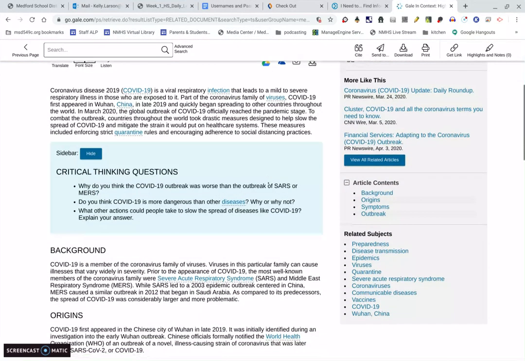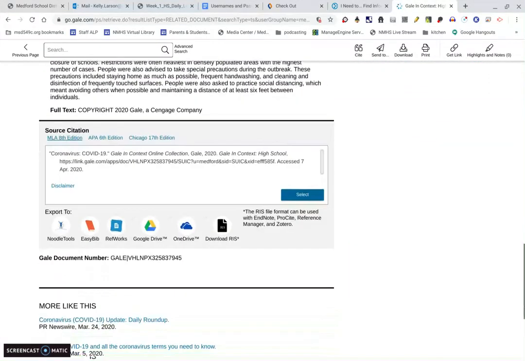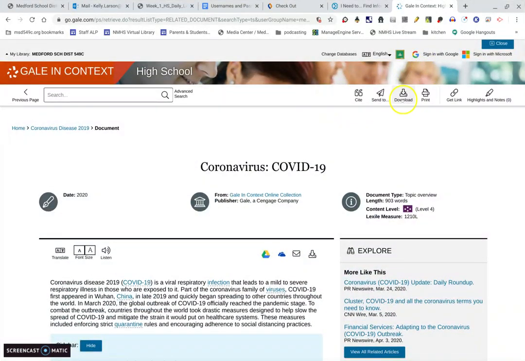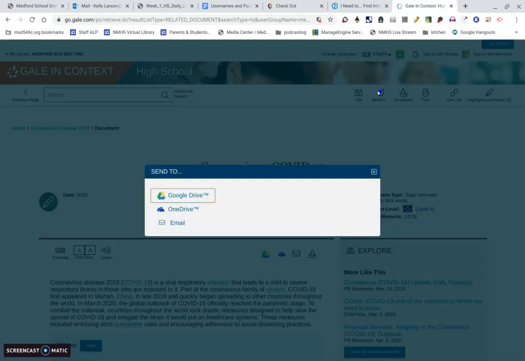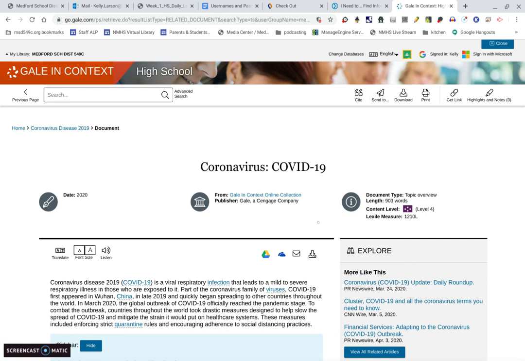And then the amazing thing about these articles is that there are citations at the bottom. Students can choose to save the article to their drive. If you come here to send to Google Drive, then you automatically have a copy in your drive that you can use. Interesting thing for students, if they want to get into this article, is that they will have to choose. Well,